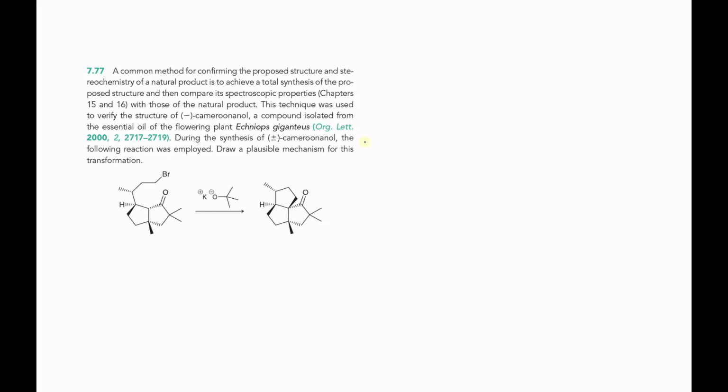This chapter is about substitution reactions, and let's just get to the problem. Draw a plausible mechanism for this transformation. So in other words, we have to draw the curved arrows and the electron flow throughout the reactant and product. And looking at our reagent here, we have potassium tert-butoxide, and we have a very